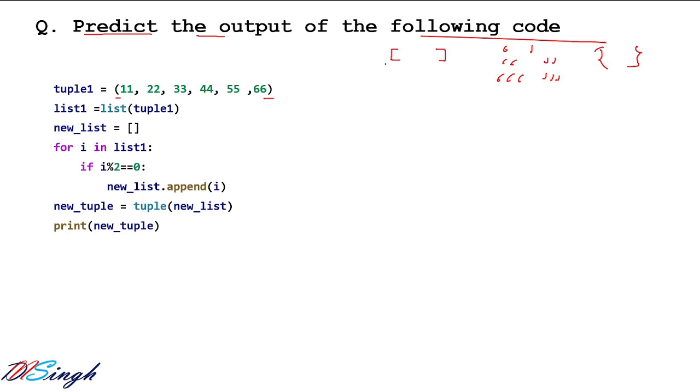So in this question we are dealing with the tuple. We have declared one variable called tuple1, and it has some elements. Let us make a diagram of it. In that diagram we will put the elements 11 and 22, then we have 33, and then 44. After that we have 55 and 66. So these are the elements that are stored in a variable called